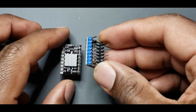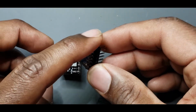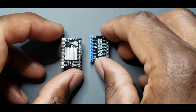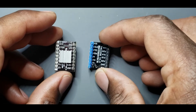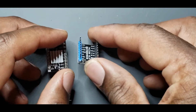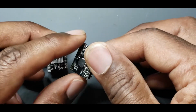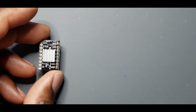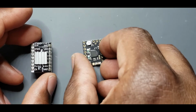The only problem is that this has the pins on the wrong side. Pins are on the bottom, pins are on the top. So this isn't going to work. If you have the soldering equipment, you could desolder all of these, but that's a lot of work. So we're going to do less work, and we're going to grab some